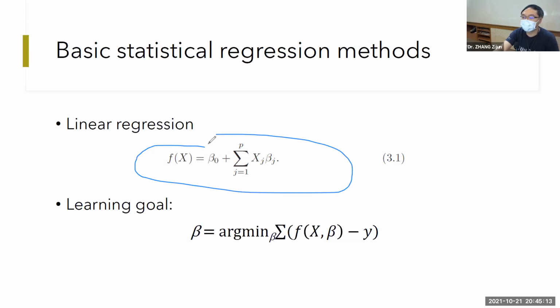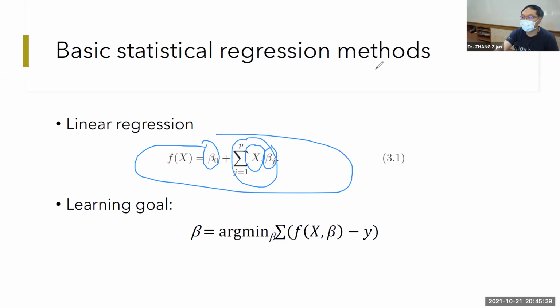It is composed of two terms. The first term is an intercept, and the second term is a linear coefficient multiplied with each of the input attributes, p dimensions from 1 to p. xj, j equal to 1 to p, means each of the dimensions,